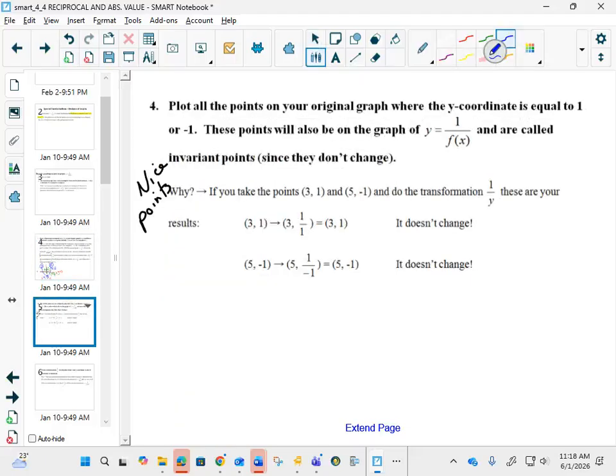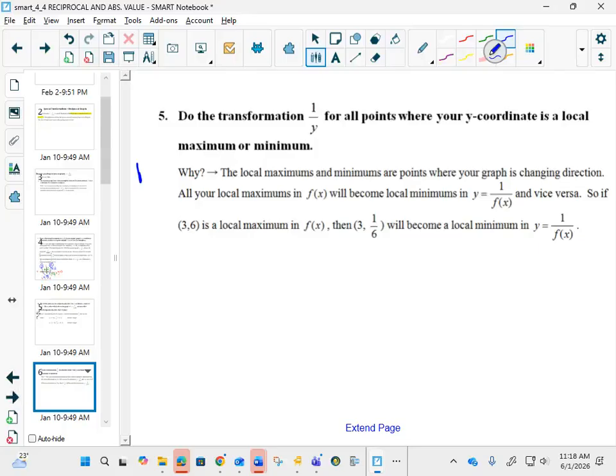Step 4 is nice points. Step 5, you can write nice points there too. The bigger your value is, when you do 1 over, it becomes the smallest value. So maximums become minimums, minimums become maximums when you do the reciprocal. So steps 4 and 5 is just going to be about doing nice points, and just like in chapter 2,